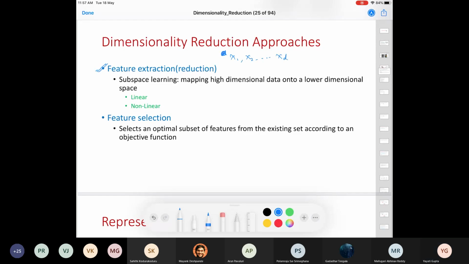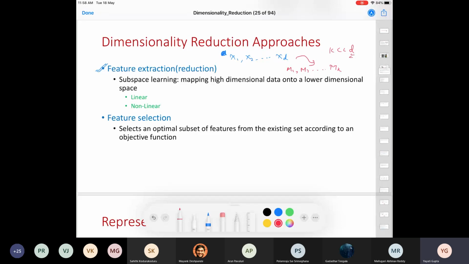Can I convert these features into some new dimensions? Let me rename these dimensions as m1, m2 till mk, where obviously k is less than d. Such methods are usually called feature extraction or feature reduction methods.